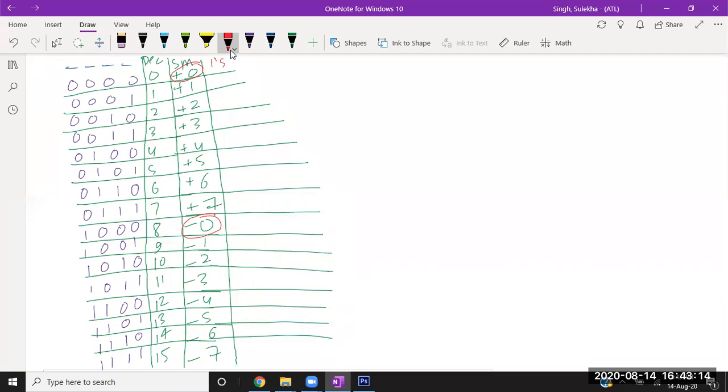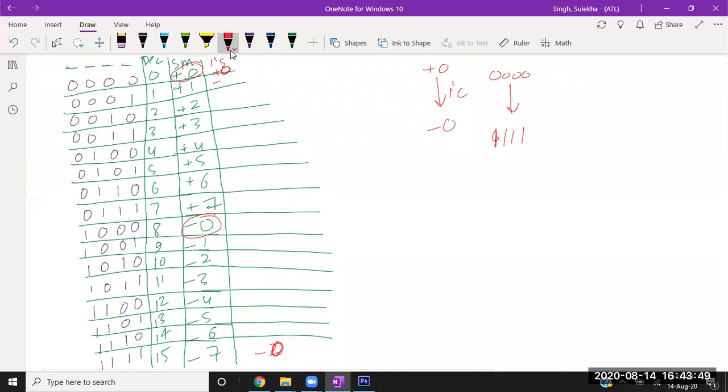Okay, if you are saying that this is your plus 0, then whenever you take the first complement of plus 0, you will end up with a minus 0. So if you are saying 0, 0, 0, 0 is a plus 0, the first complement is 1, 1, 1, 1. So this is minus 0.